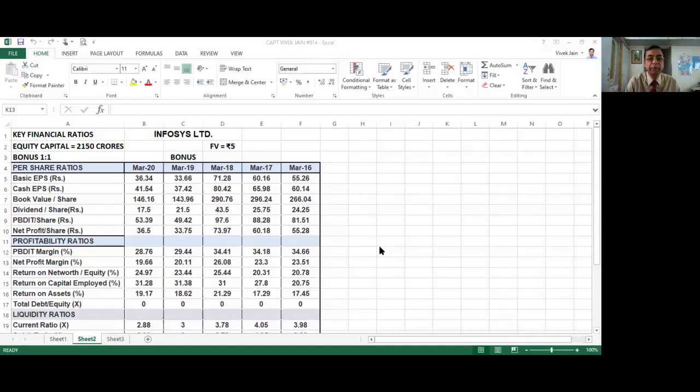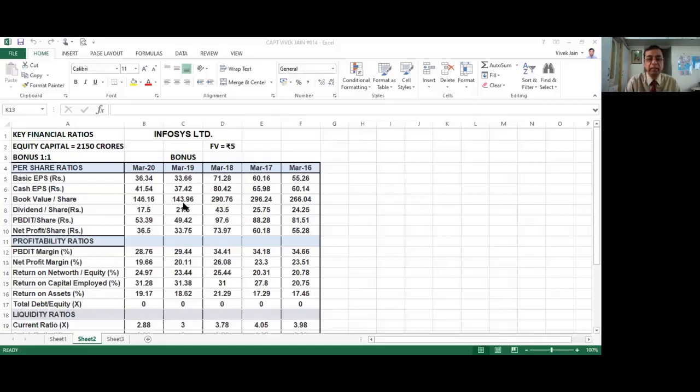Bonus, as you may be knowing, means for every share held by any shareholder, one share is given as bonus. If one is holding 100 shares, he gets 100 shares as bonus free, and then he is the owner of 200 equity shares. So from March 18 to March 19 with the bonus, the equity capital of the company has